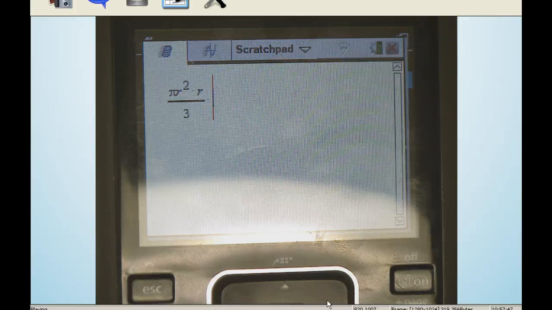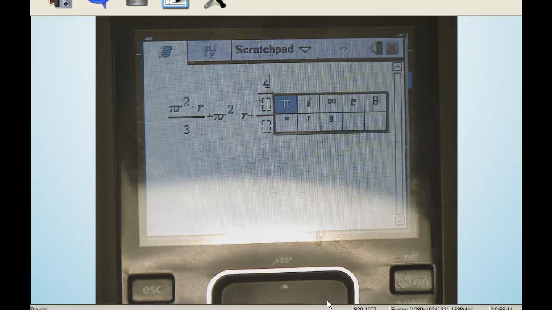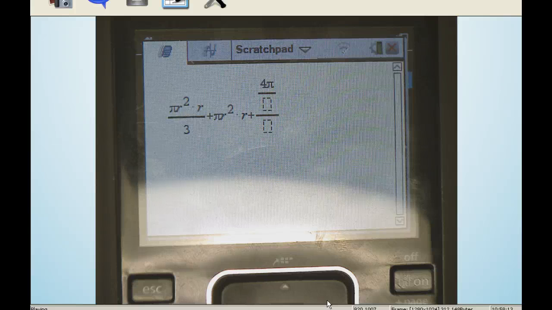And then we're going to add to it the volume of the cylinder, which was the area of the base, pi r squared, times the height. In this case, the height was given as r. And now we're going to add to that the sphere, which was a fraction, and a fraction up top, which was 4 pi r